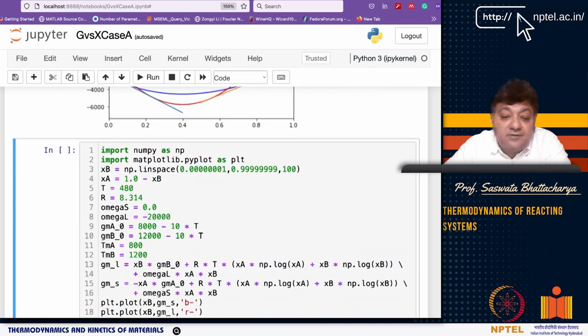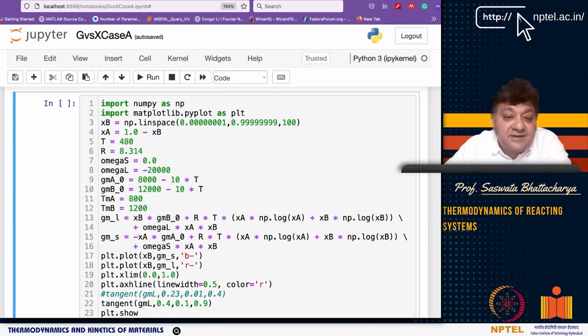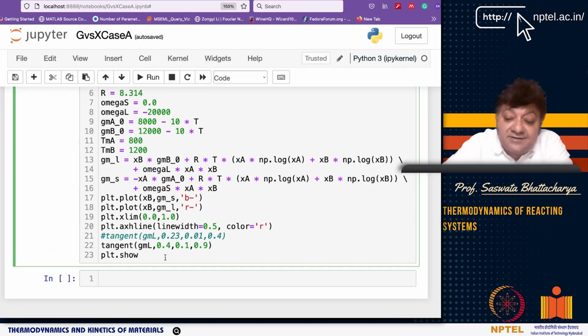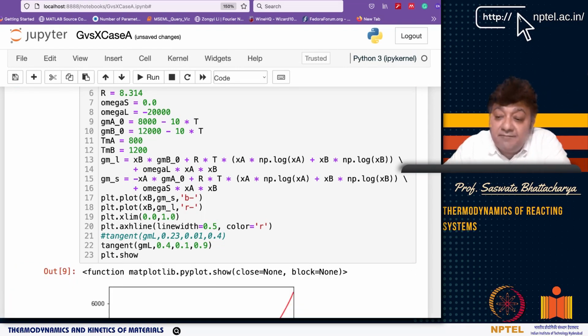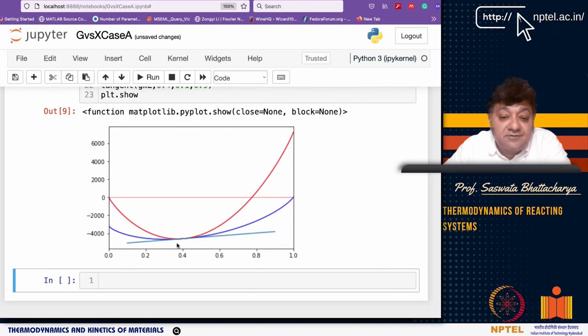So now you are going to a temperature like 480. I have already studied this, and if you look at 480, you will see a very interesting point here. In the middle there is a solid-liquid coexistence at a single composition, not exactly the middle, which is 0.5, but close to 0.4, basically 0.41 or so. You start seeing at 480 that the solid and the liquid have the same energy. So this is a solid-liquid coexistence at a given composition, right? The solid and liquid do not have two different compositions but the same composition, right?